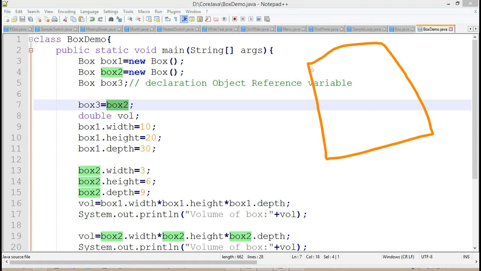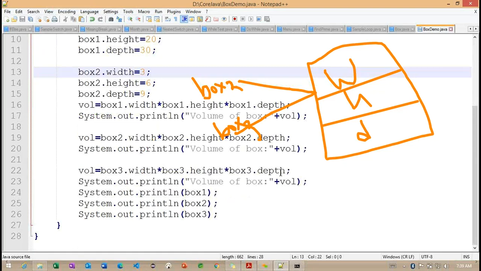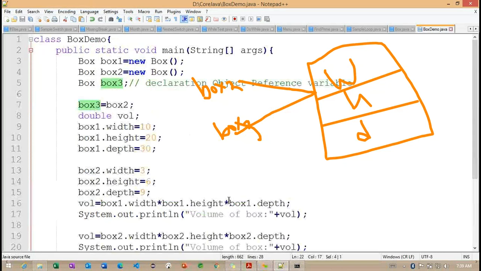Basically, in this section we are going to have the variables called width and height and depth, as double. Getting the point. So these 3 variables are accessed by these 2 references here, box 2 as well as box 3. So these 2 references are going to access both variables. Right. Now what I want to do is change the information here. So what are the information I'm going to change here?